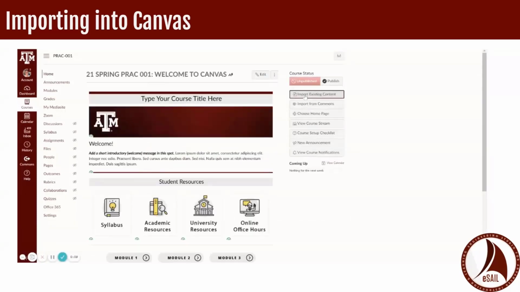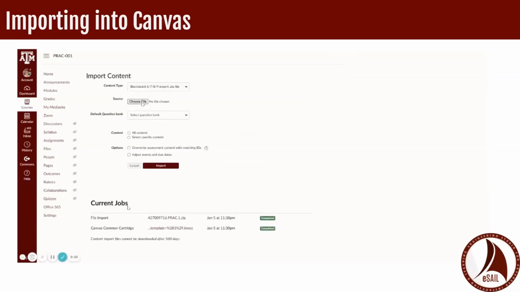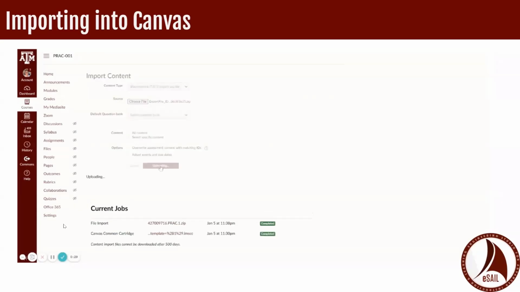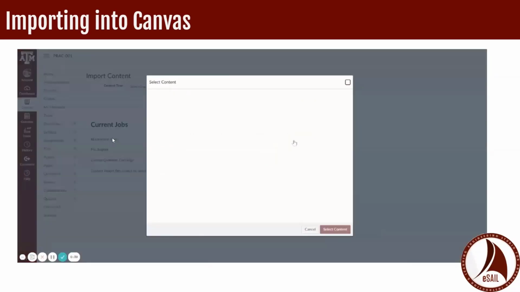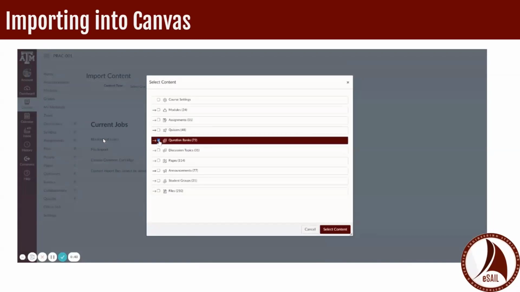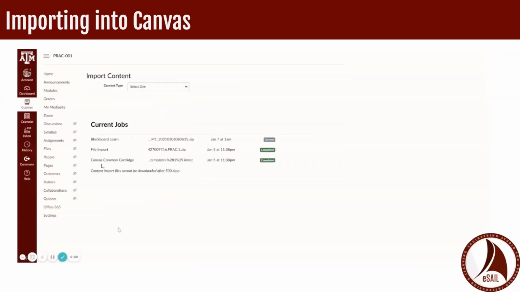So when you bring in new content, the new content is added. It doesn't replace anything. If you want to erase everything from your course, in the sidebar menu for settings, there is an option that allows you to reset the course, and that will delete everything from your course. But as you import, you can just stack up multiple imports. So in this course, you can see that I have 3 different imports in this GIF. The first import was a Canvas cartridge import that I did, and then I did a file import. And now I'm doing this test import. So you can stack up as many imports as you want.